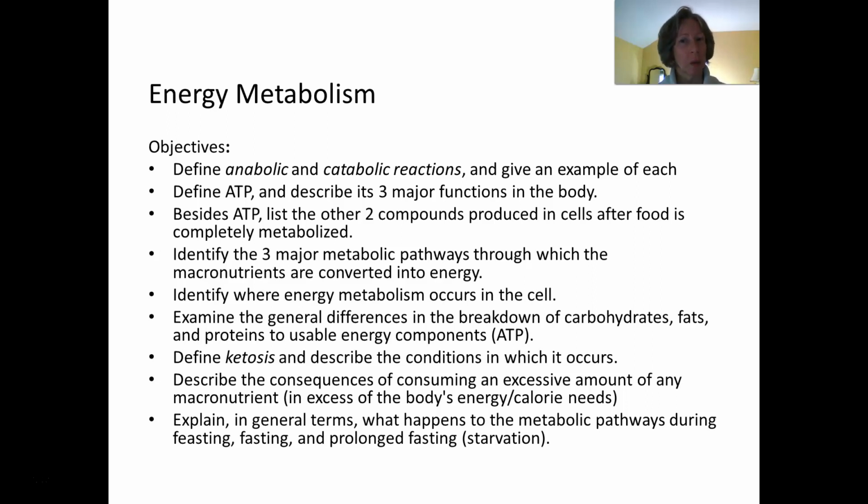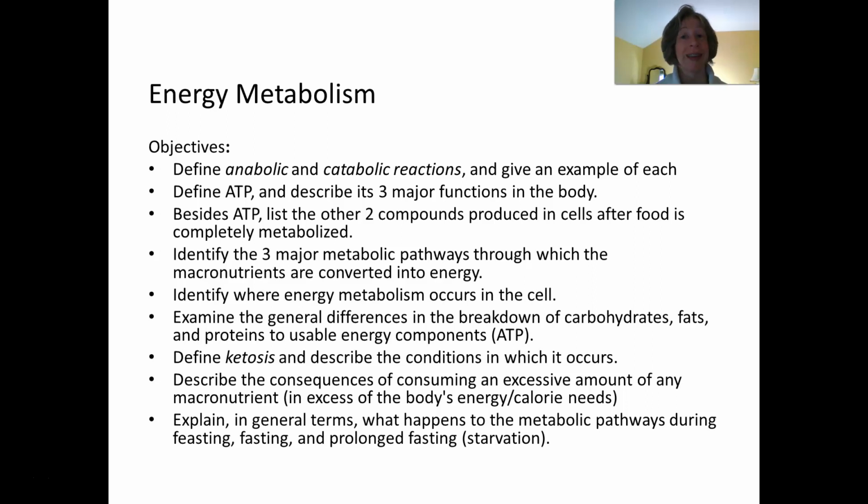and this is more common with people who have diabetes, who do not have their condition under control, and with a really high amount of ketone bodies in the body, it could acidify the blood. They could go into a diabetic coma, and eventually die. So describe the consequences of consuming an excessive amount of any macronutrient in excess of your body's